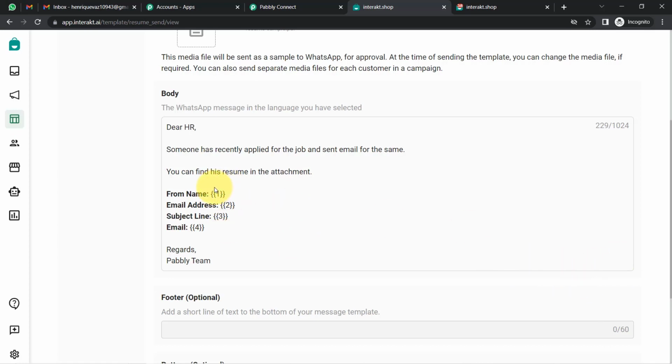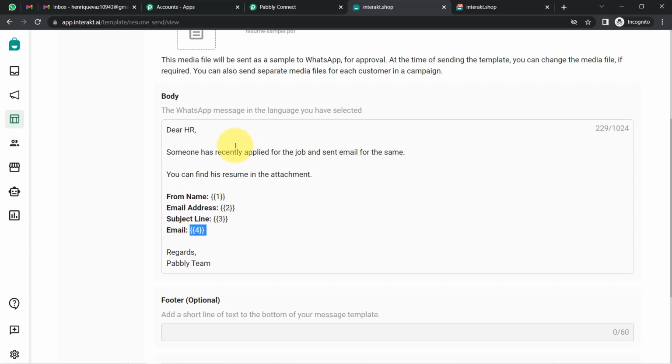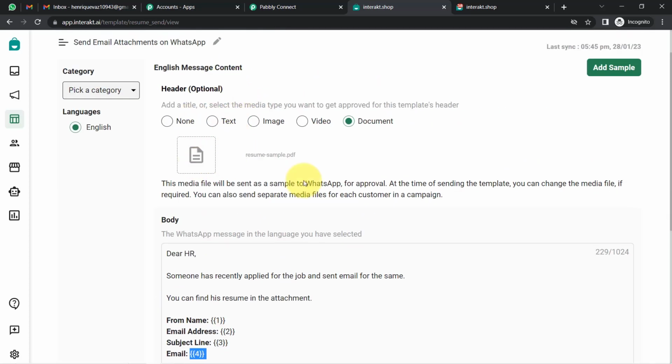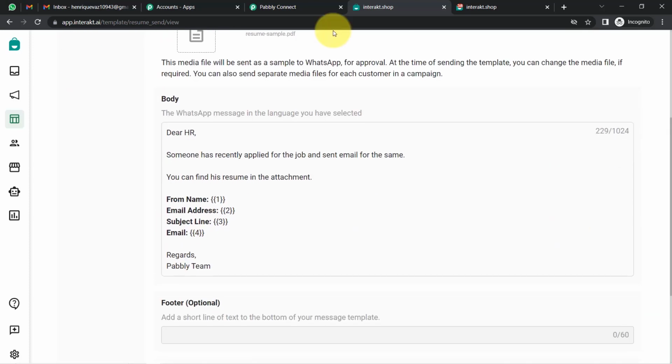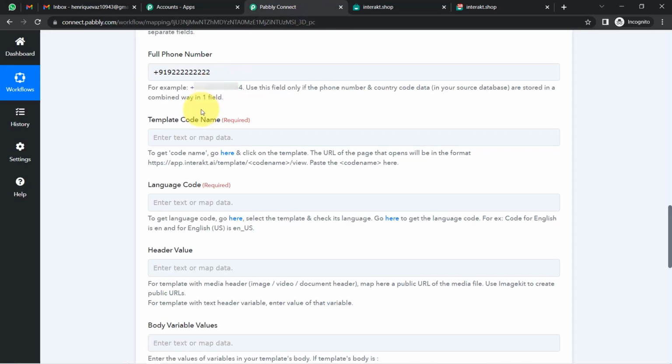Okay, so these values will be replaced automatically: the name of the person, basically the sender name, the sender email address, the subject line he has sent to us, and the email content which he has sent to us, and here we will receive the document, basically the resume. Okay, and the footer is optional, the button is optional, and I have not kept any button or footer in my message template. Now I will directly take you to the Pabbly Connect dashboard, and here it was asking for the